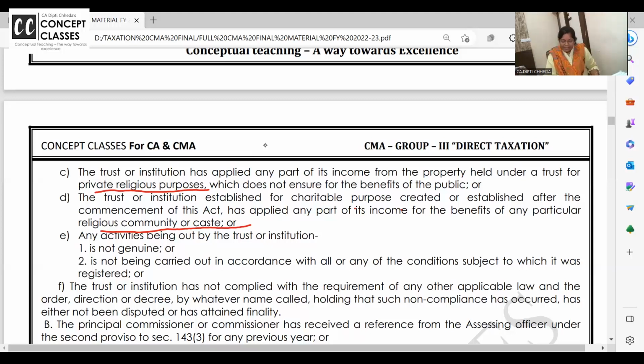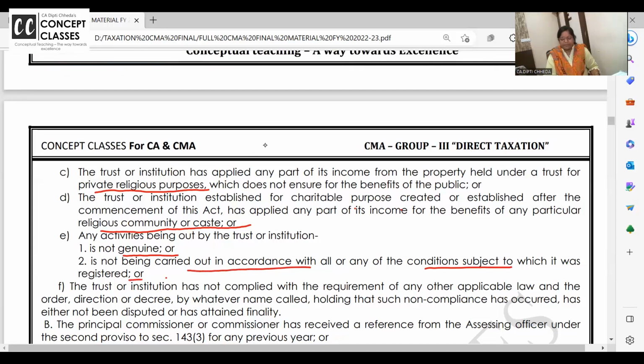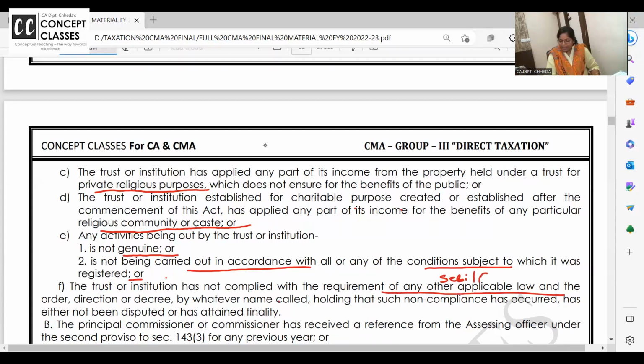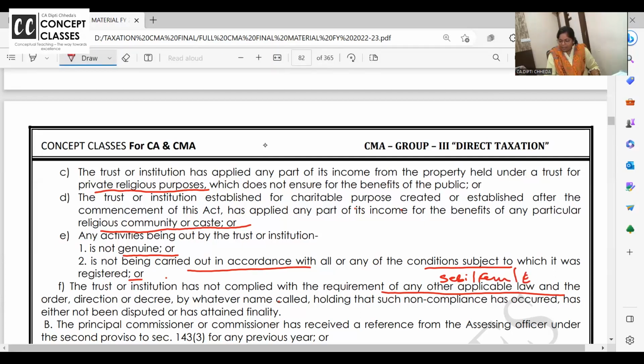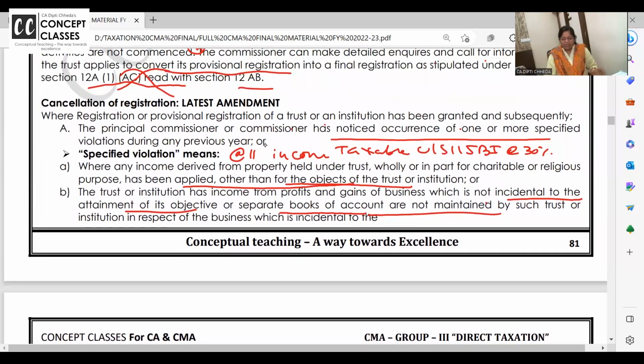Last, activities of the trust are not genuine or they are not carried out in accordance with the conditions subject to which registration was granted. Last, trust or institution has not complied with requirement of any other law. कोई भी है, सेबी है, फेमा है, लेबर लॉज है. अब अगर कंप्लाई नहीं कर रहे तो then where is the genuineness of the trust? Once again,